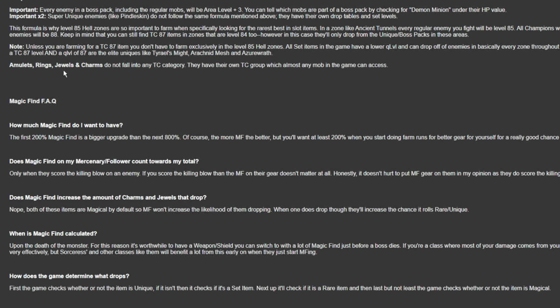About amulets, rings, jewels and charms: they do not fall into any TC category. They have their own TC group, which almost any mob in the game can access, which is great because we can find these anywhere. Runes and keys are not magic find items, so the magic find value won't have any impact on them. So when you're seeking runewords or farming keys, you can just stack as much faster cast rate as possible